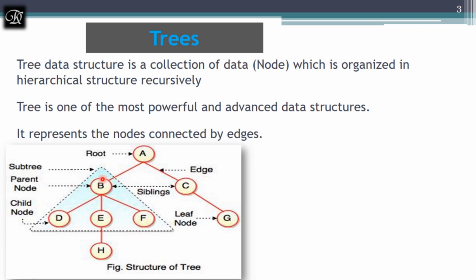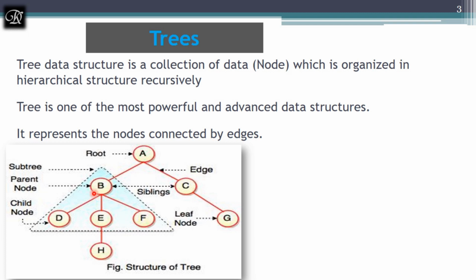A part of the tree we call a subtree, and we will have a parent. If nodes are from the same parent, we call them siblings, and the connection between those nodes we call an edge. Previously we called them links: next and previous were the link names we used in the double linked list and single linked list. Now we are going to call it an edge, but the concept is the same.